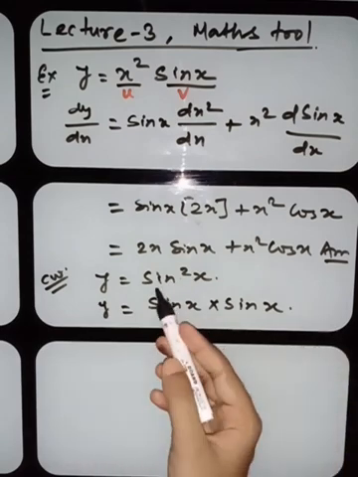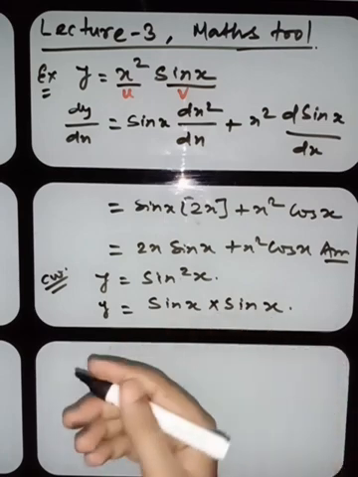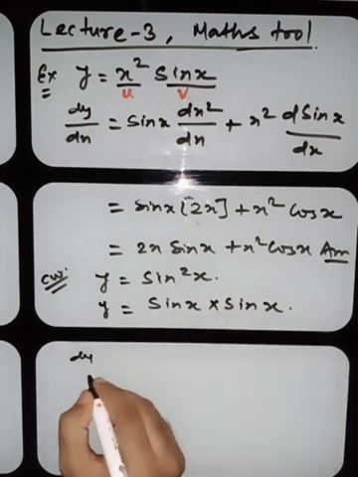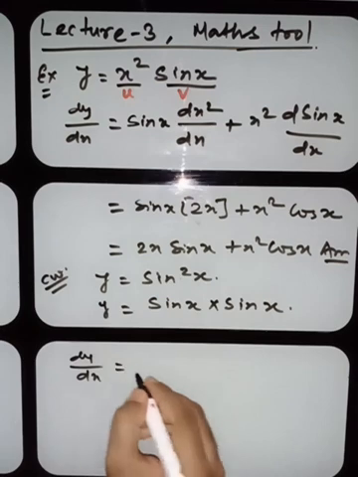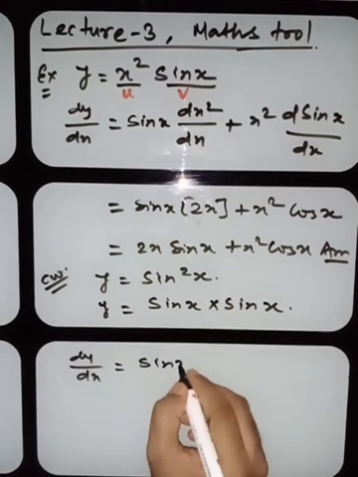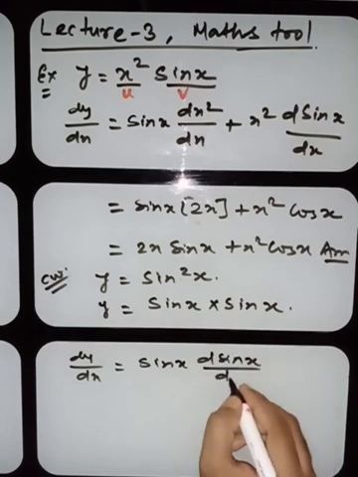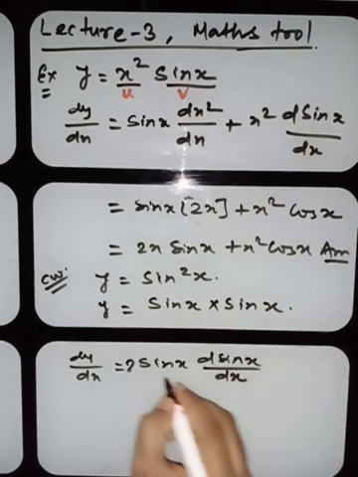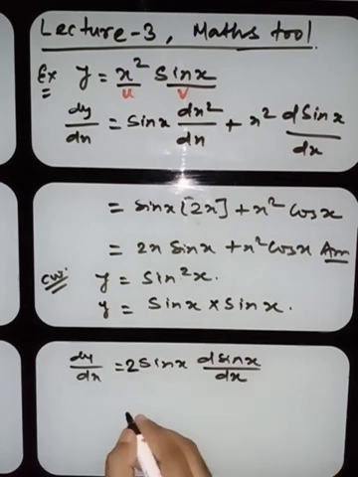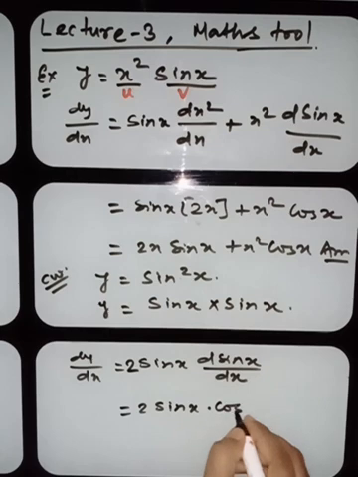You can do this differentiation by a number of methods, but I am telling you this because you are learners. dy by dx is sin x taken out and d sin x by dx, and the same thing will happen, so we can put 2 here. So it is 2 sin x into cos x, and it is